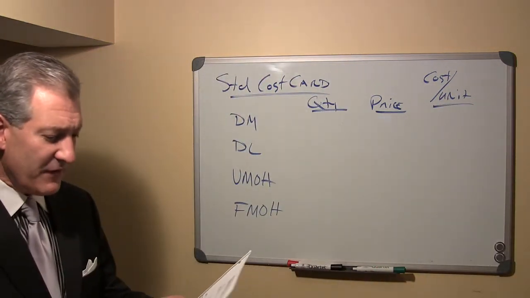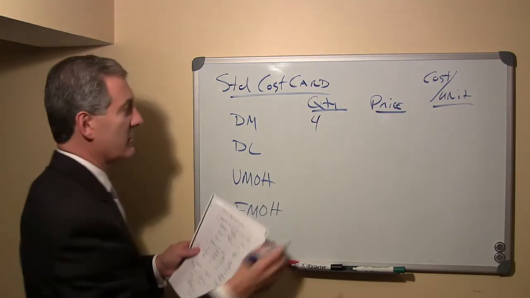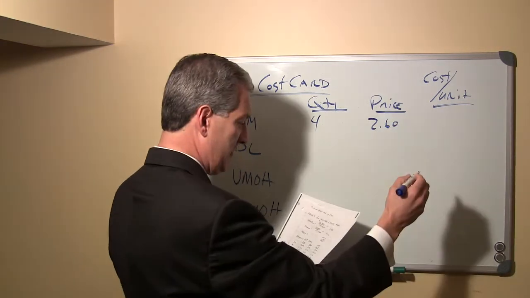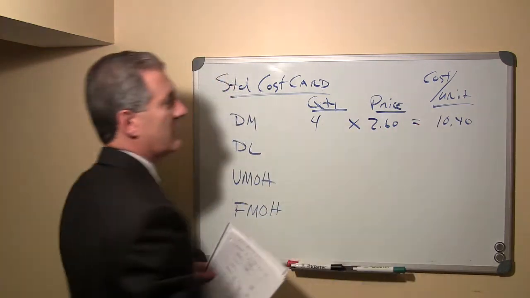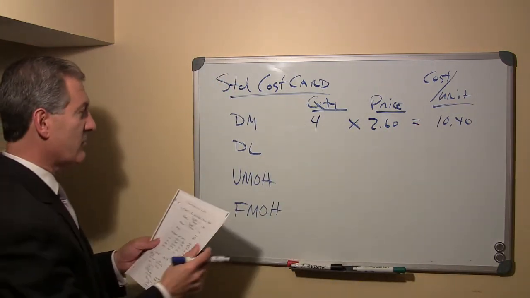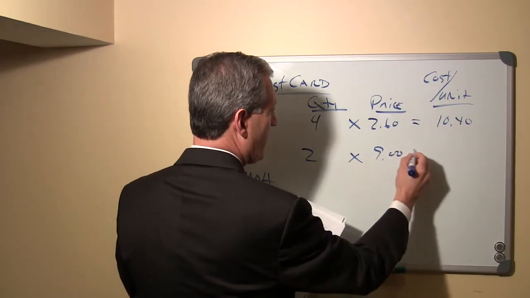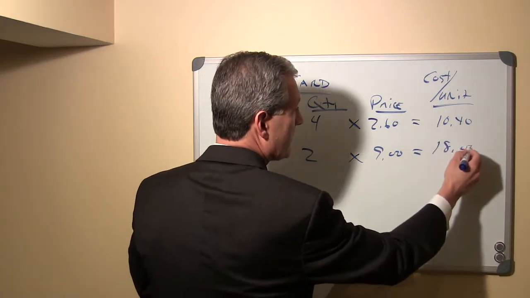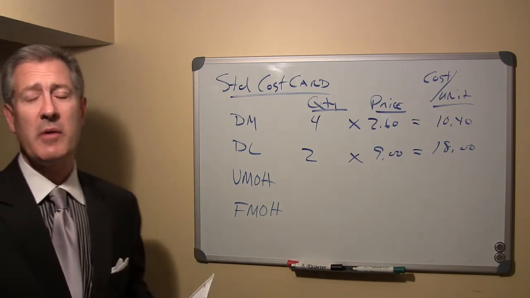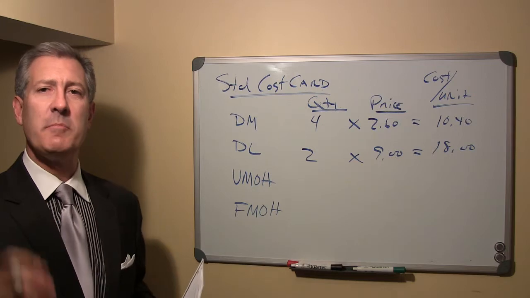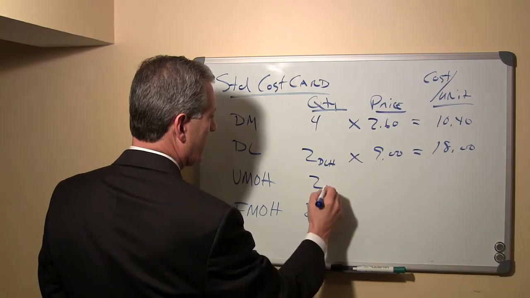The problem gives you a lot of information already, and they tell you that the quantity for direct materials is 4 pounds at $2.60 a pound, for a total of $10.40. Obviously, quantity times price equals cost per unit. With regard to direct labor, it's 2 direct labor hours. The labor rate is $9 per hour, and the direct labor component for each unit is $18. They also tell you in this problem that manufacturing overhead is applied on the basis of direct labor hours. So you still have the same 2 direct labor hours